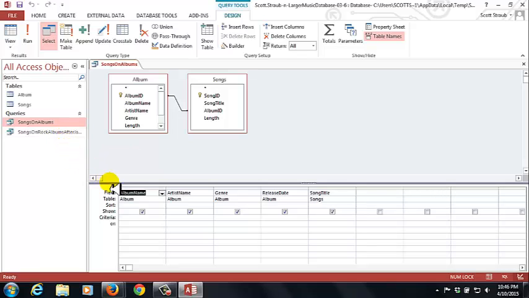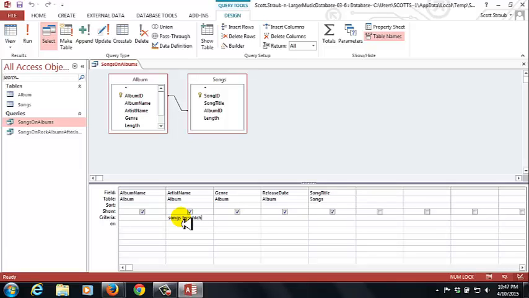In the criteria row, which is down here, in the artist name field, we need to type in exactly what you see in the instructions. It's the square brackets, and you are going to put in the first square bracket, then type in show songs